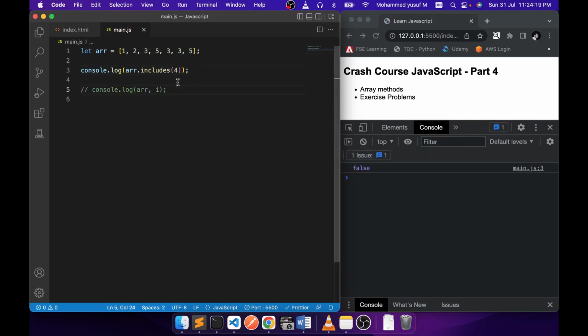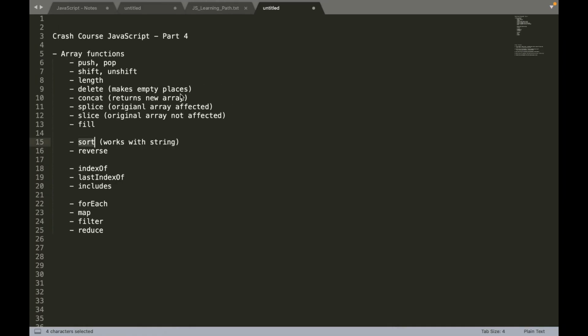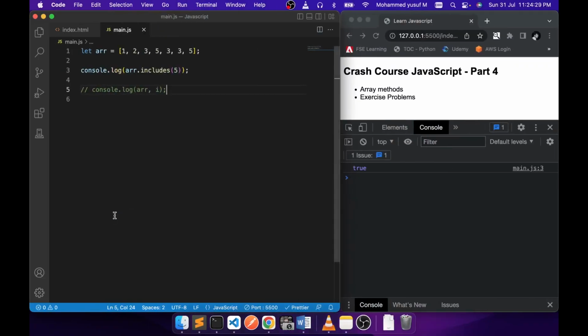We get false because 4 is not there. Okay, so if I give 5, then we get true. So that's a use case for this. Let's go to some higher order methods for arrays, which is like